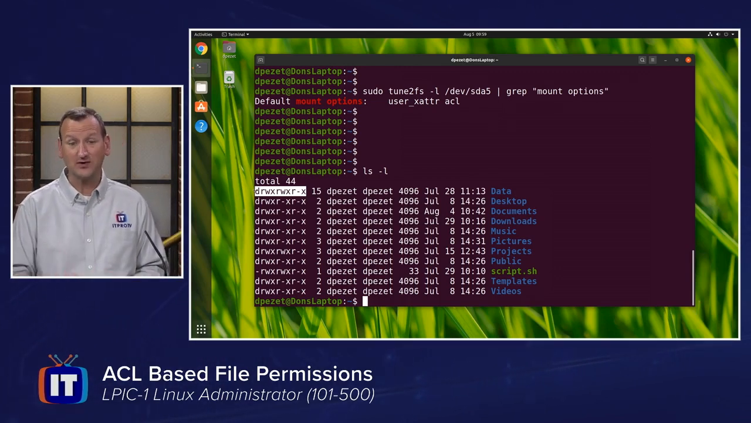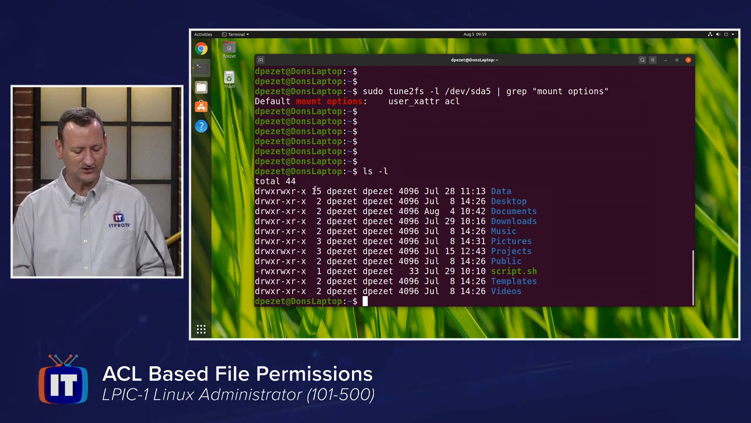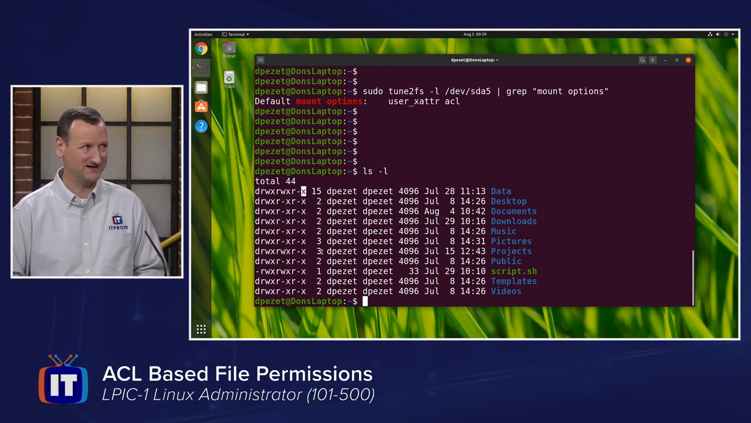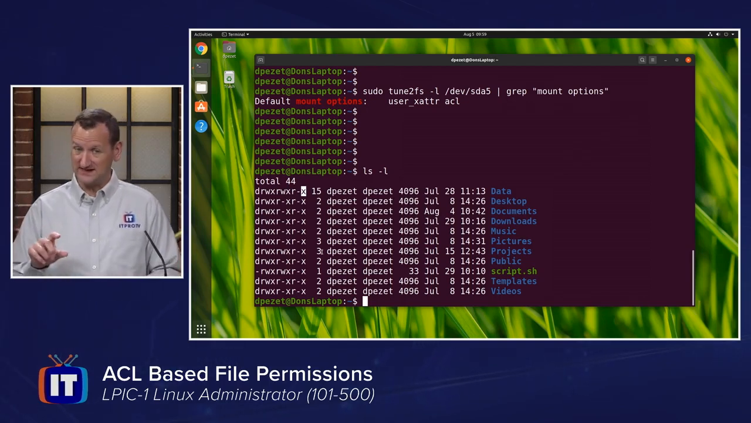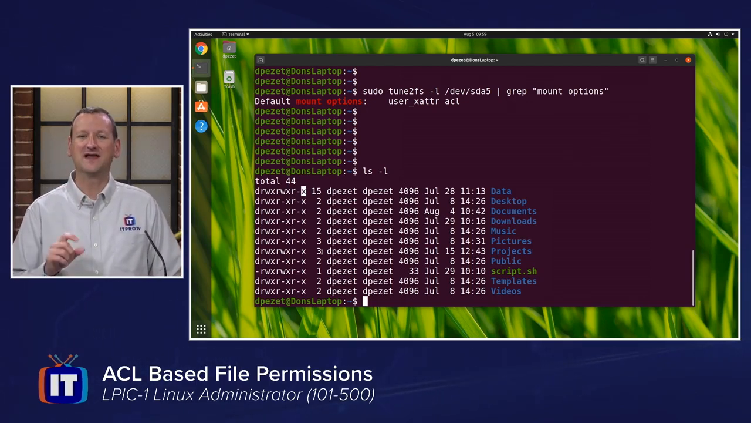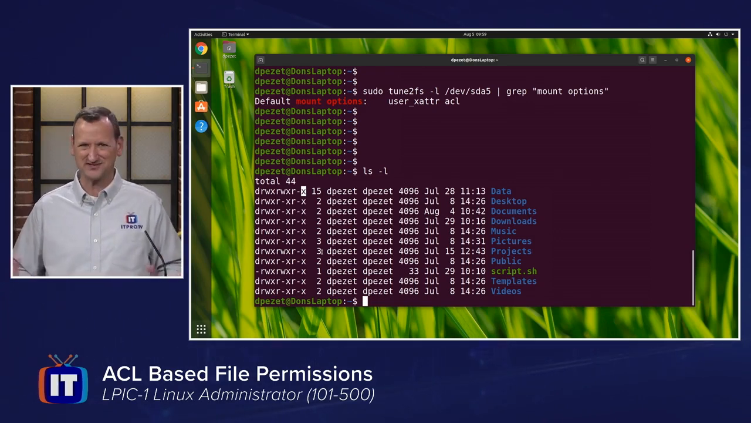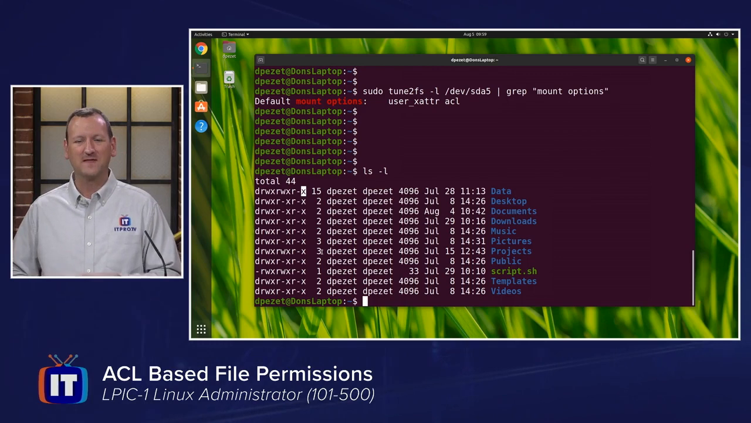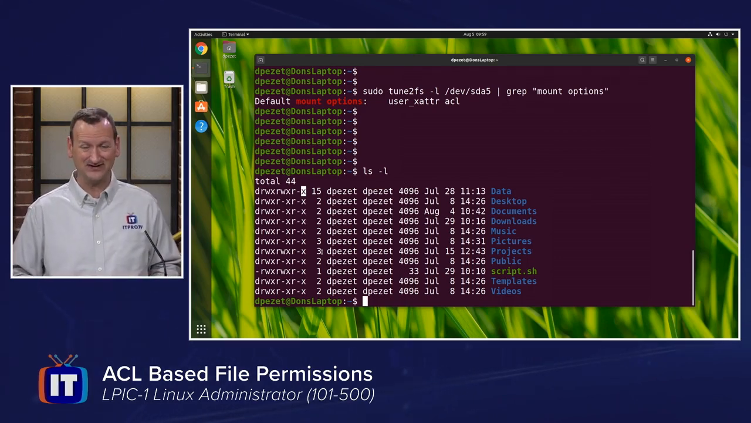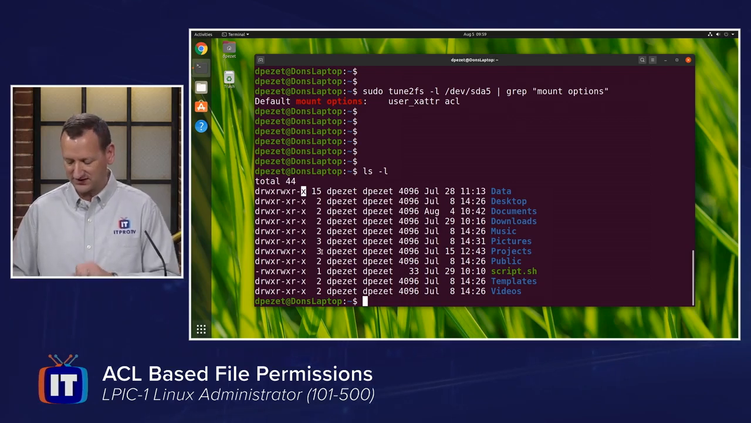So if an ACL is present, the last character, what would be the execute permission for everyone, will change to a plus sign. If you see a plus sign, not a T, but a plus sign, that lets you know that there's more permissions than what's shown on the screen. That's what the plus is supposed to indicate. So there's more stuff, and that means you need to use getfacl to go in and see what those are. Okay, now none of mine have it right now, so let's set some